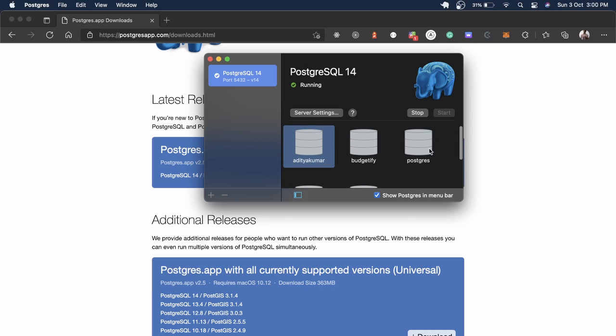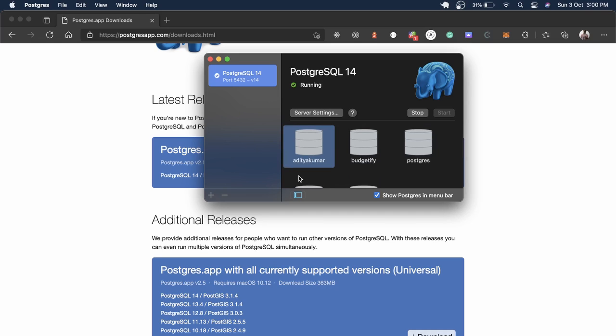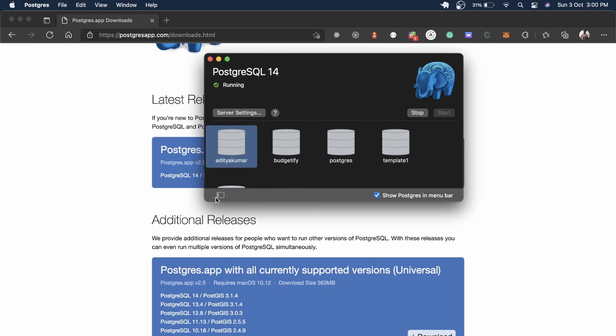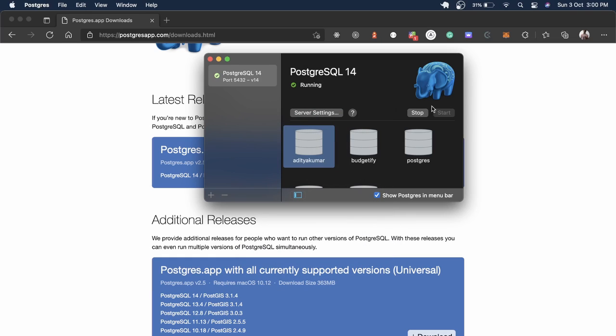I have already created these 4 databases, and you can just close this, and you can do the server settings as well. My server name is PostgreSQL 14. So right now the server is started, and the next thing you need to do is